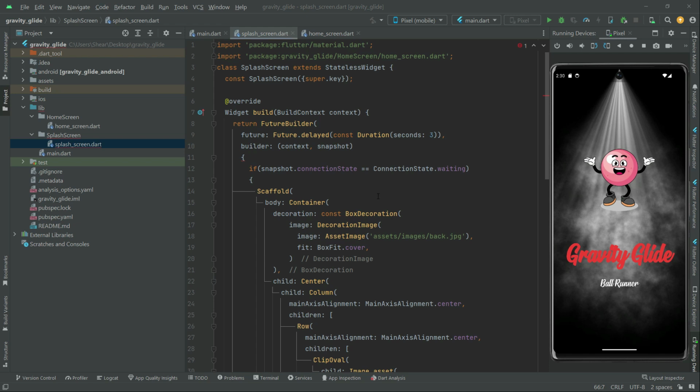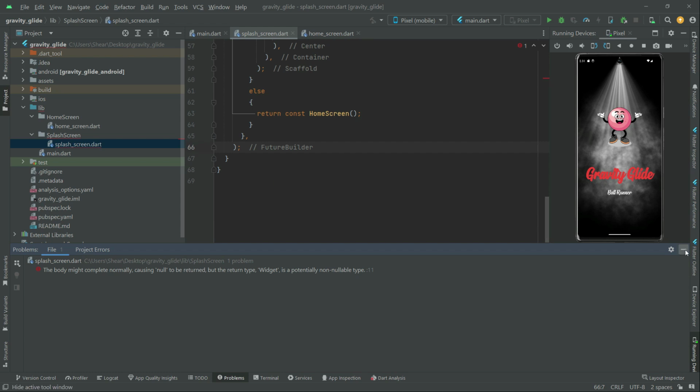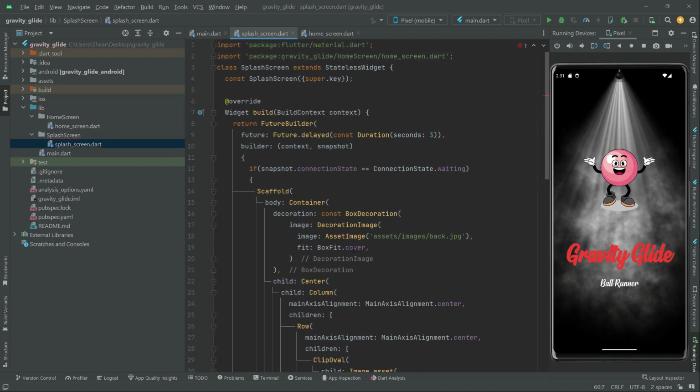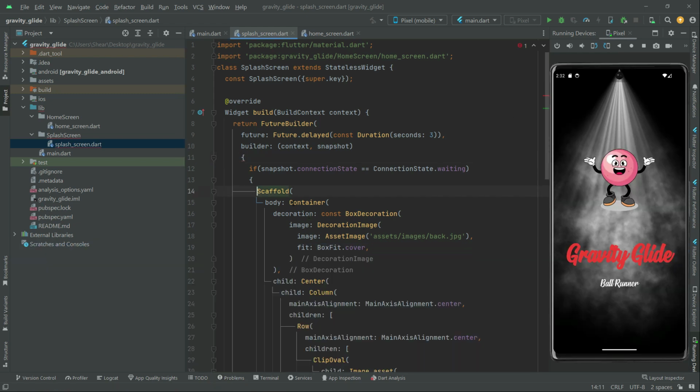Now we are having that error. Let me just check that over here, because we are having the if condition right inside that, and we have to just return the scaffold over here correctly. So in here I'll just write the return. There we go, and the error has been gone now. So all good. Now let me just tell you that right in the detailed explanation,